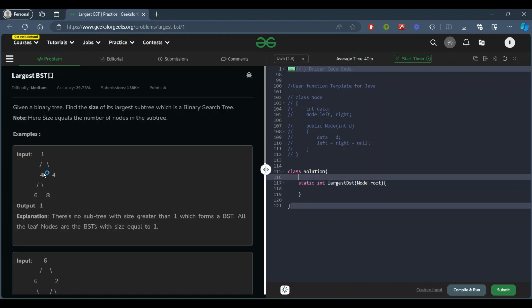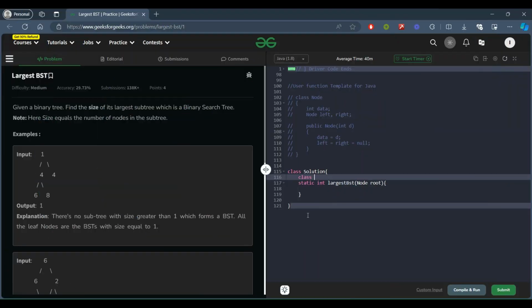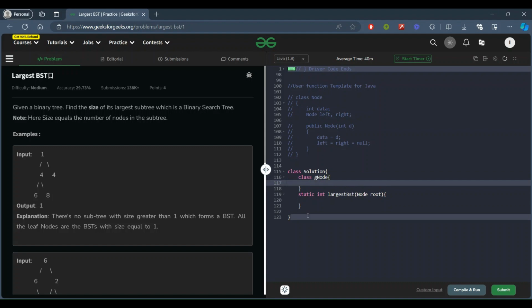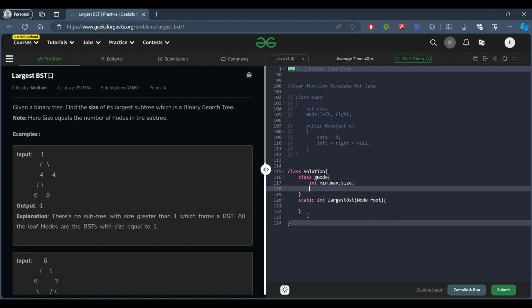So in this code, firstly we are going to take a class GNode which will take three variables in it: int min, max, and the size, right? And the constructor will take all these three.